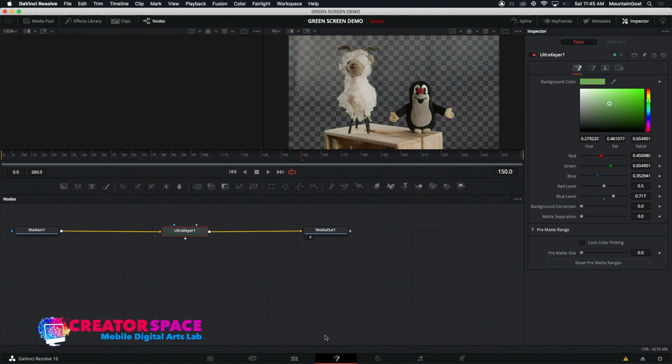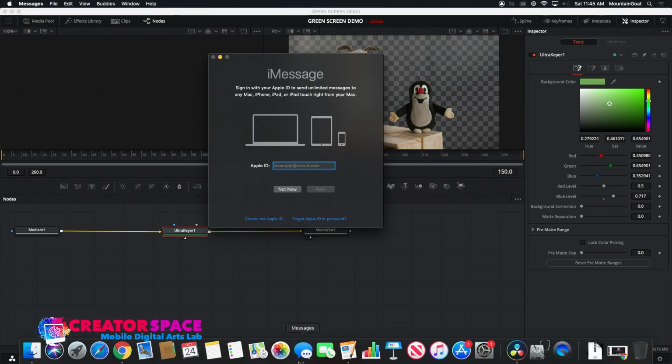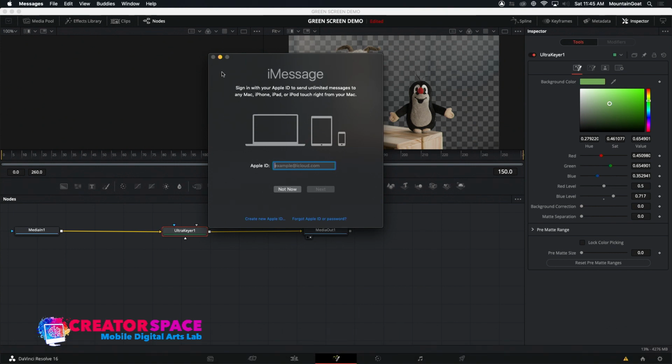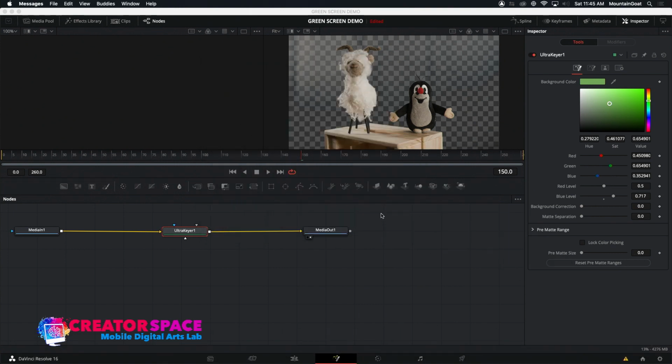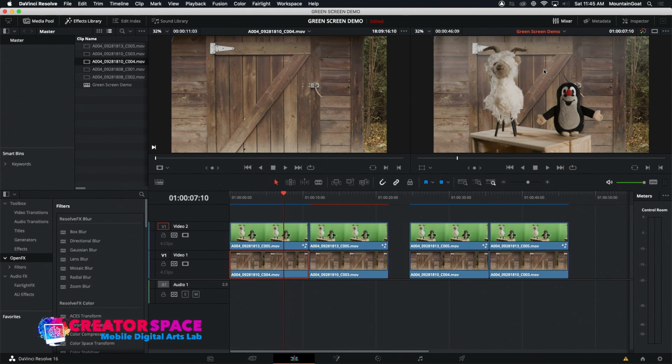Okay, so that's what we can do in terms of how we make that work, as I keep opening different pieces of software. That's taken us through the different elements there. Now, what I wanted to show you is that this background right here is totally in focus, versus this one that I shot blurred. So let's say we didn't shoot a blurred one, all is not lost. We can still create a blur